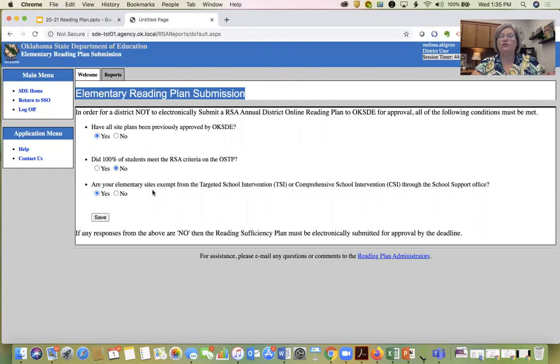And are your elementary sites exempt from the TSI or CSI through the school support office? Exempt means that you are not receiving services from that school support office. So if I do not have any sites designated as TSI or CSI, I'm going to answer yes, we are exempt from those services. If I do have elementary sites, I will answer no, we are not exempt and we are receiving services through that office. So we will there save,